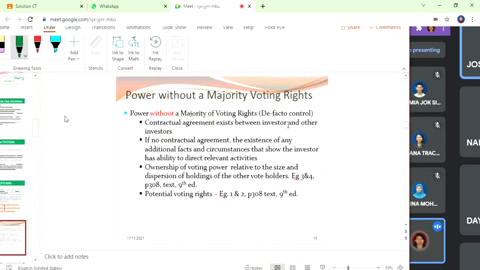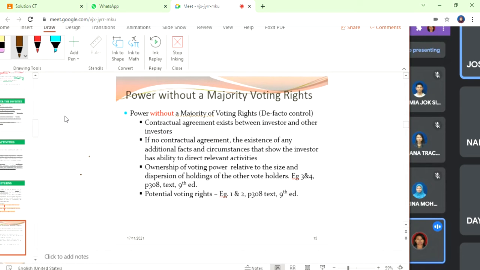This is the one I was talking about, qualitative control. Control without a majority of voting rights can happen provided the following situations exist. Number one, there must be a contractual agreement existing between the investor and the other investors. So for example,